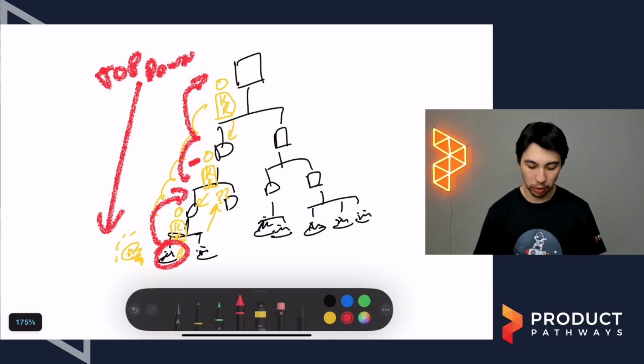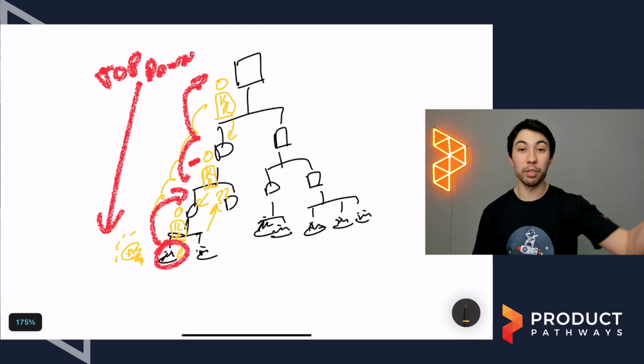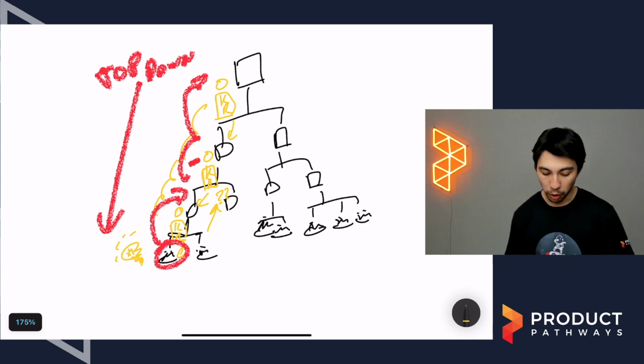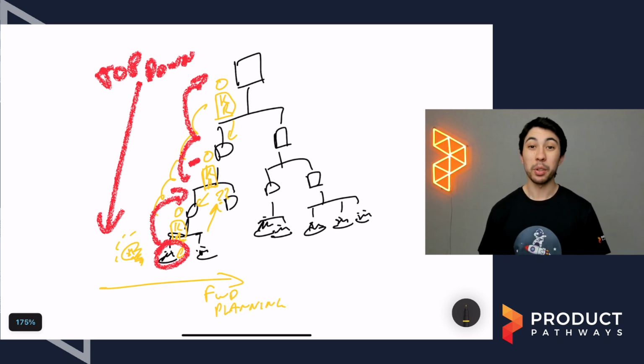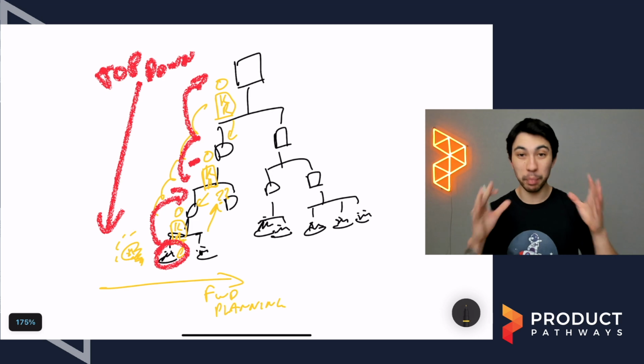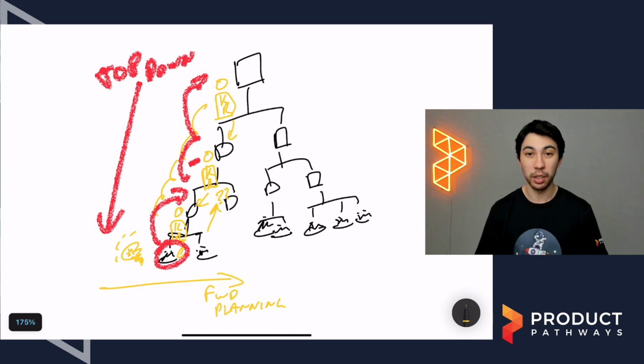Why bother coming up with new ideas when I'm just waiting to be told? Which also makes it very hard to do any forward planning. Because again, I'm living my life one quarter at a time, because I don't know what my OKR is going to be next quarter, because I'm waiting to be told what my OKR is going to be, or at least I'm waiting to be told what my objective is.